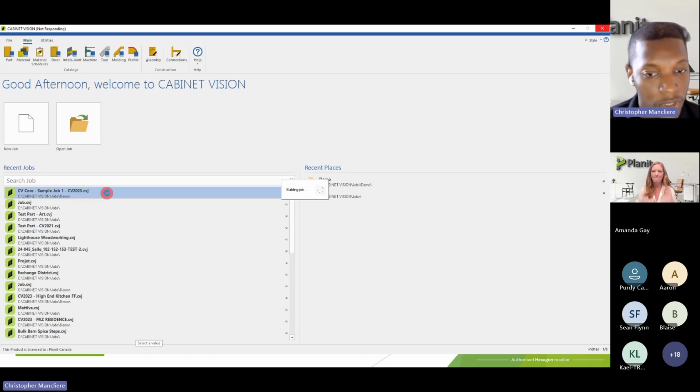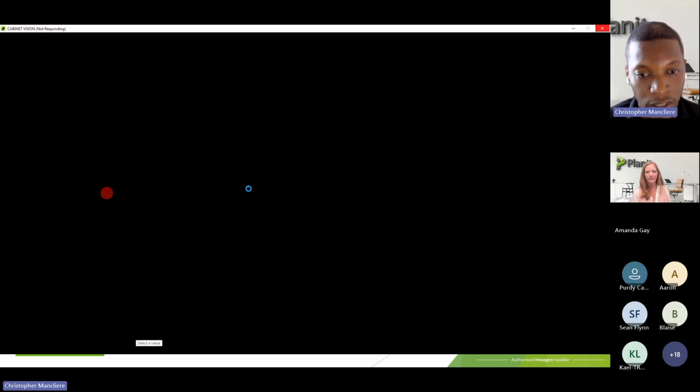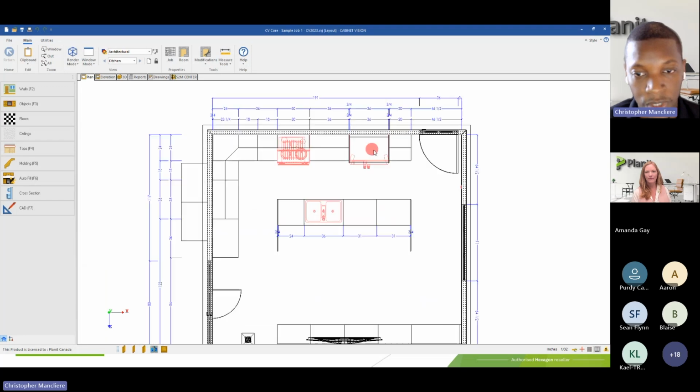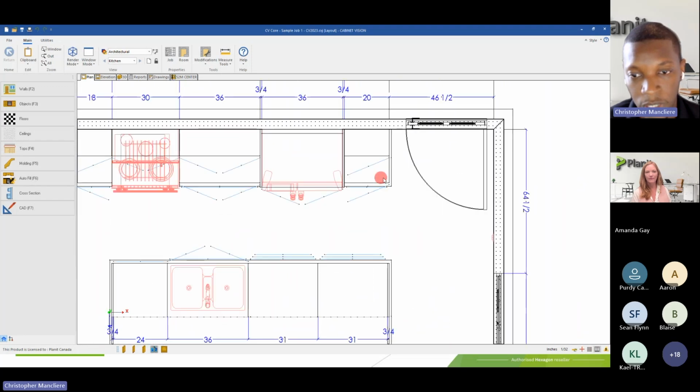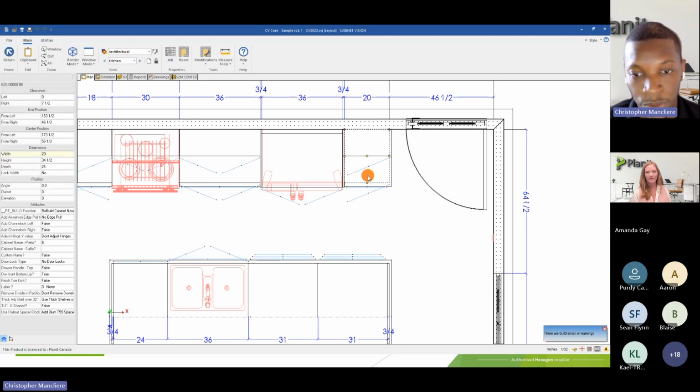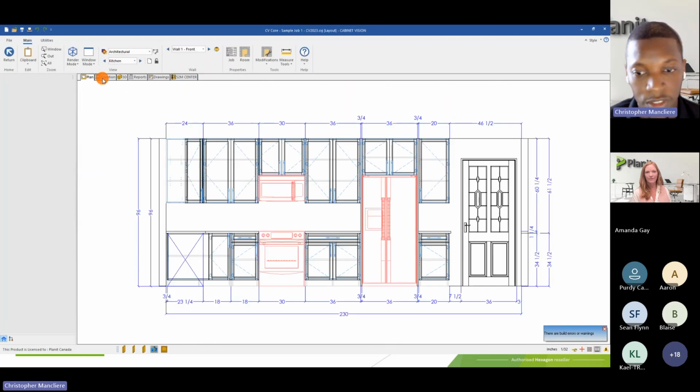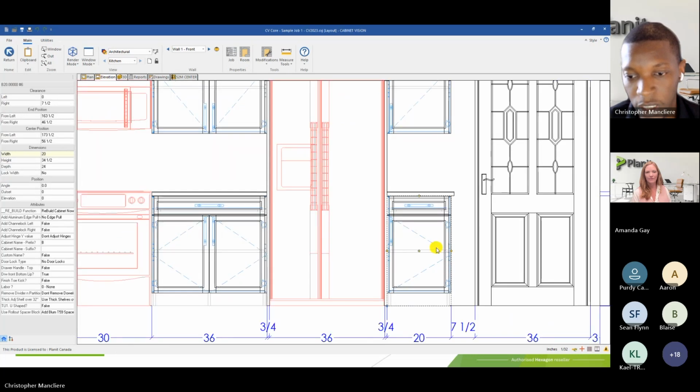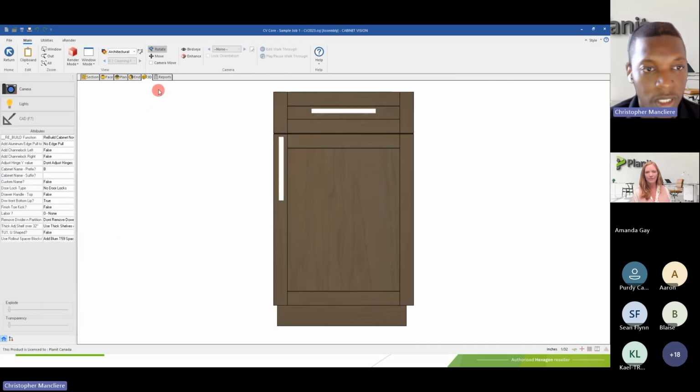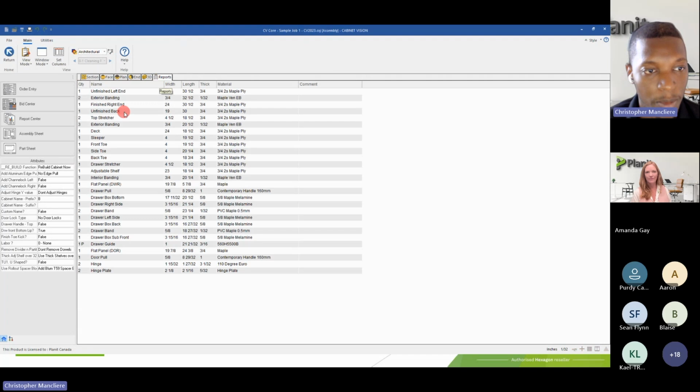So if I open my project again, we'll see that in this project, I have a couple of finished ends. For example, this left or right hand might be finished. So let's go in elevation and double click on the assembly. And if I look at my report, CabVision will flag the right hand to be finished,